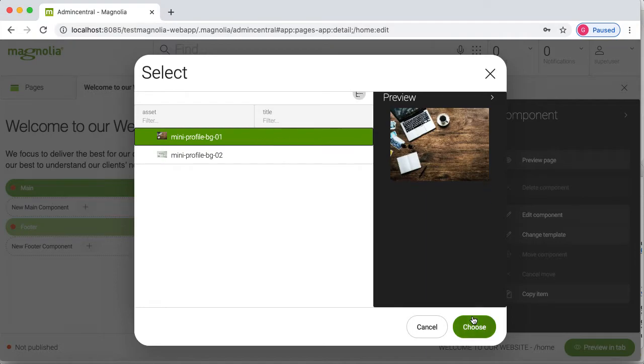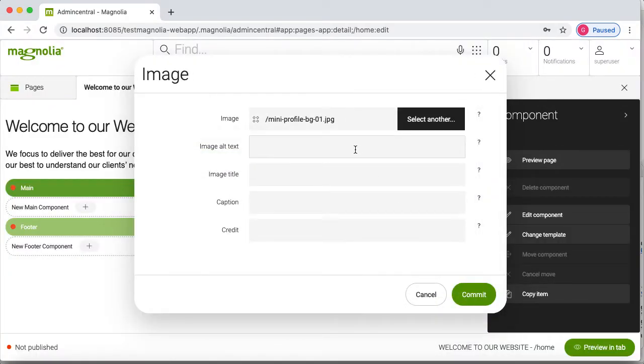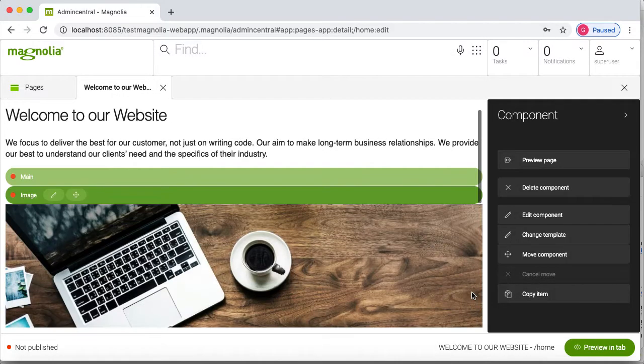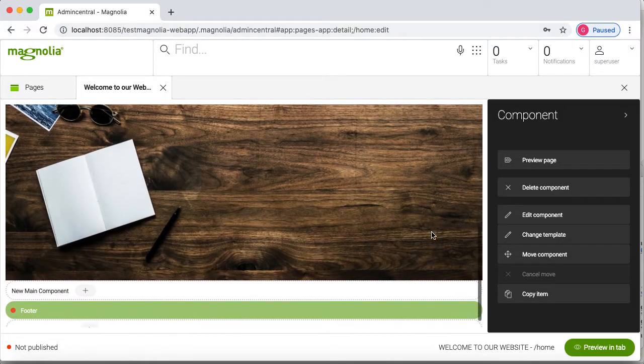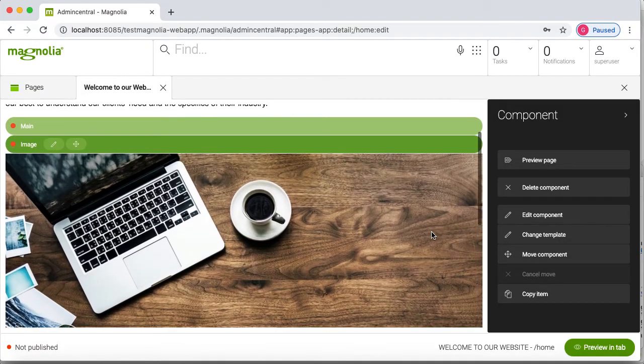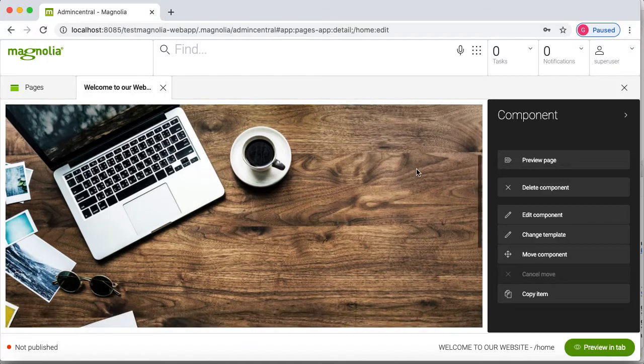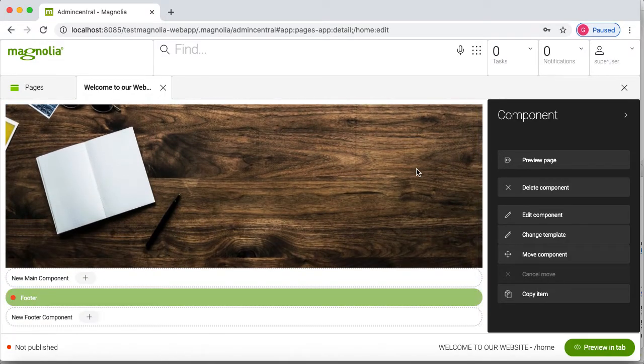Okay, choose. We also have some options here; it depends on your choice whether you want to fill them or skip them. I will click on the commit button, and then we can see the image from the asset is showing here as part of our homepage content.